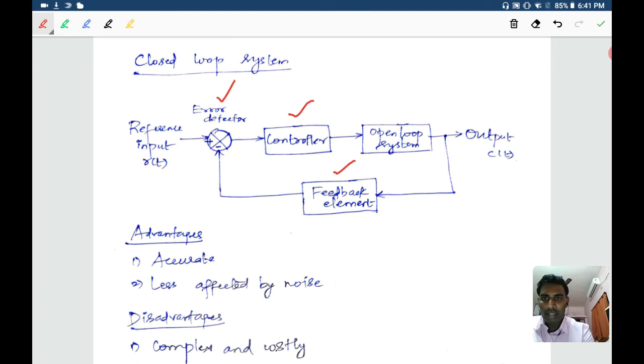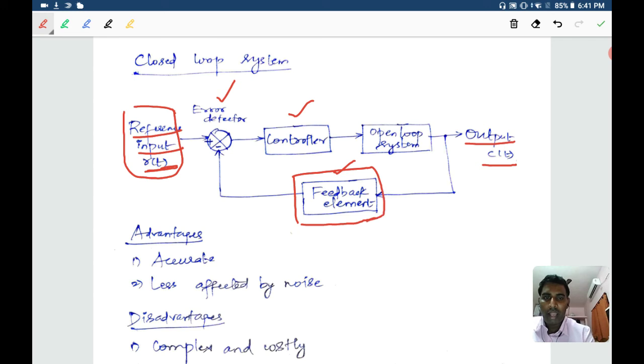Here also the input is R(t), but it is shown as a reference input and it gives the output C(t), but the output is connected to the input by means of a feedback element to an error detector. The error detector will find the difference between the reference input and the feedback element, and the difference, or the error, is used by the controller to change the output.